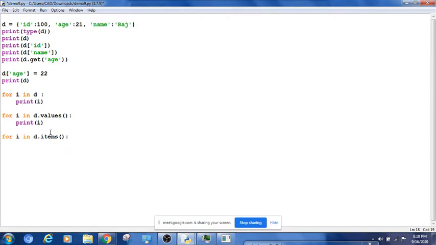It will give you a key and value both. Now it has two things, right? So then I need two variables to get the data. So I can say i comma j. Right? So i will get a key and j will get a value from the items. Item is a key value. Now you can print both. So I can say print i comma j. Let's run this.